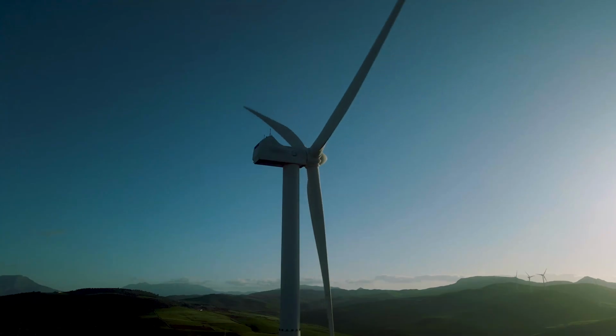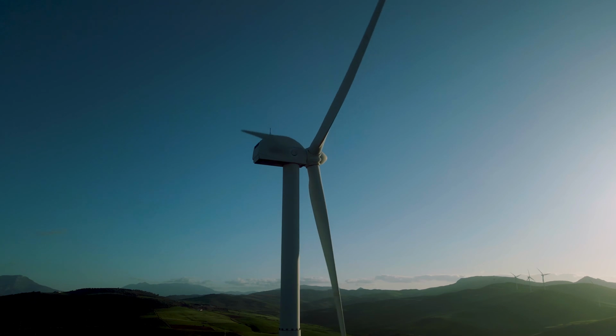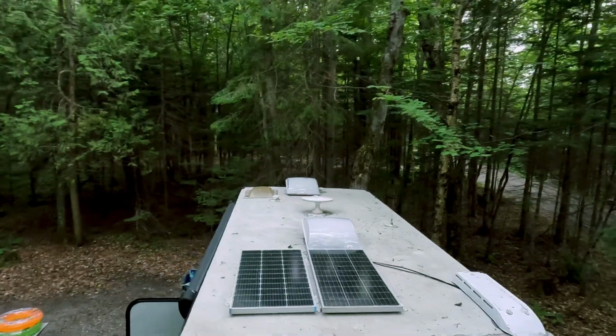Hydro has been out for several years and there is no ETA on restoration yet. So if you do go camping here, make sure you have some solar. We have 200 watt panels on the roof with 6-volt batteries with a total capacity of 240 amp hours. Even though it does show electrical, there is definitely no electrical sites here, so